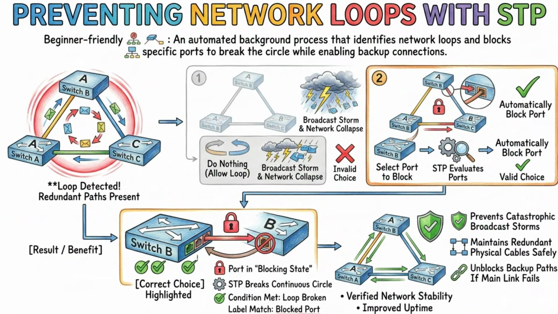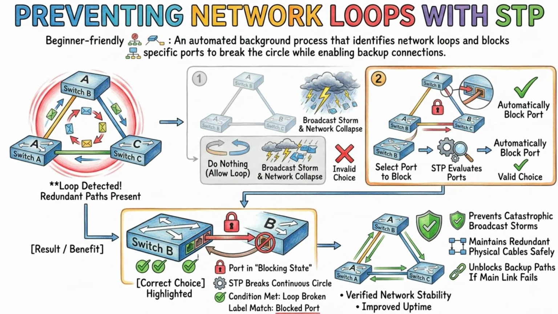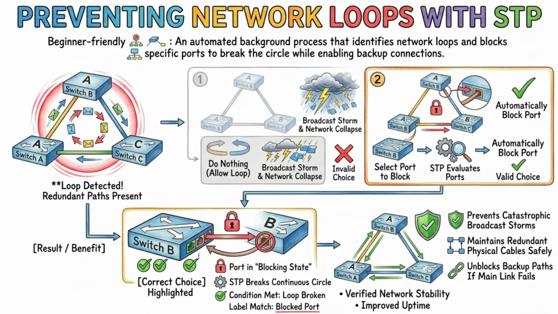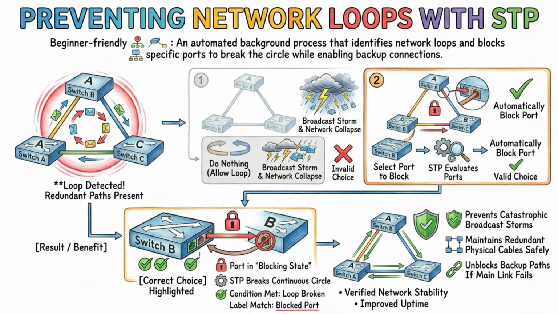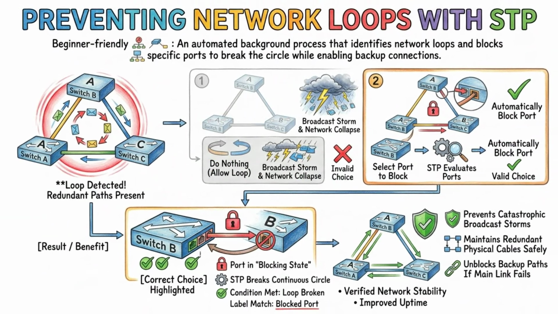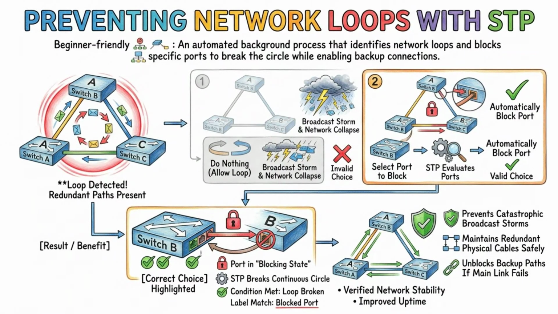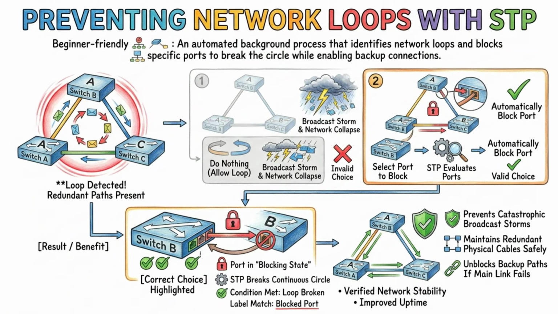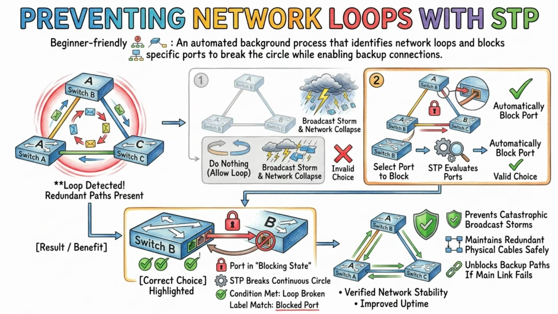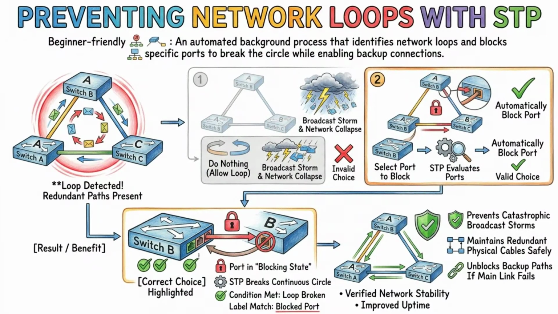The ultimate hero that saves our networks from these disastrous loops is called the Spanning Tree Protocol, or simply STP. Spanning Tree Protocol is an automated background process that maps out the entire physical topology of your switches and actively searches for any circular loops. When it discovers a loop, STP automatically shuts down a specific switch port, placing it into a blocking state to